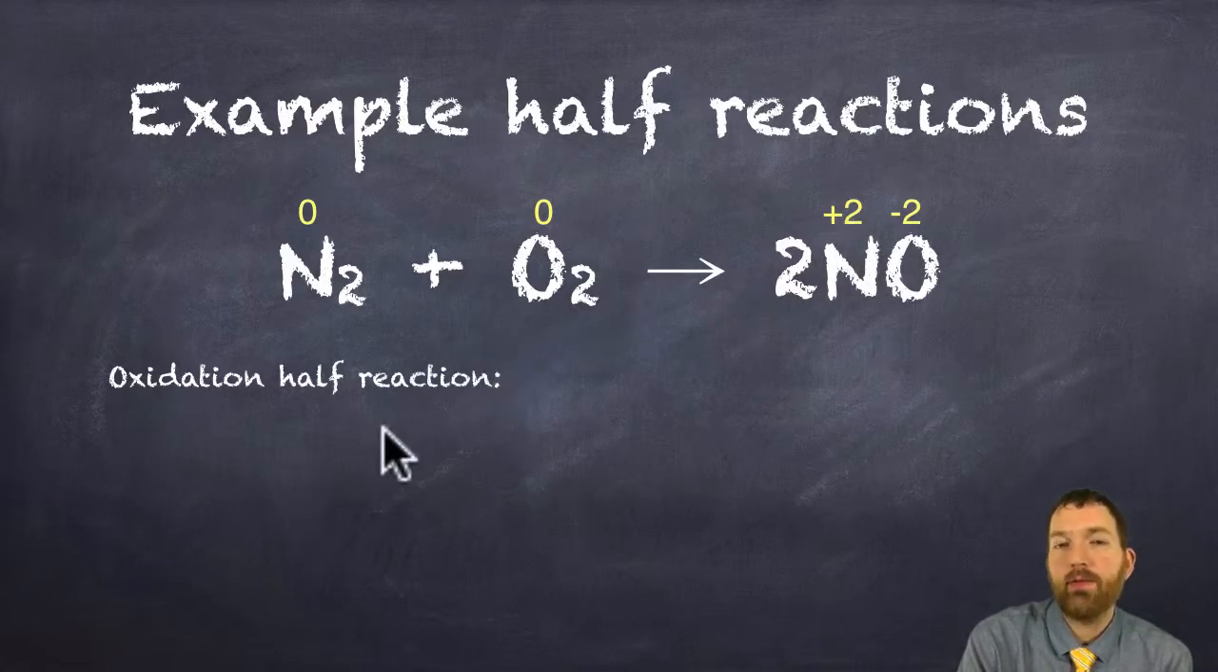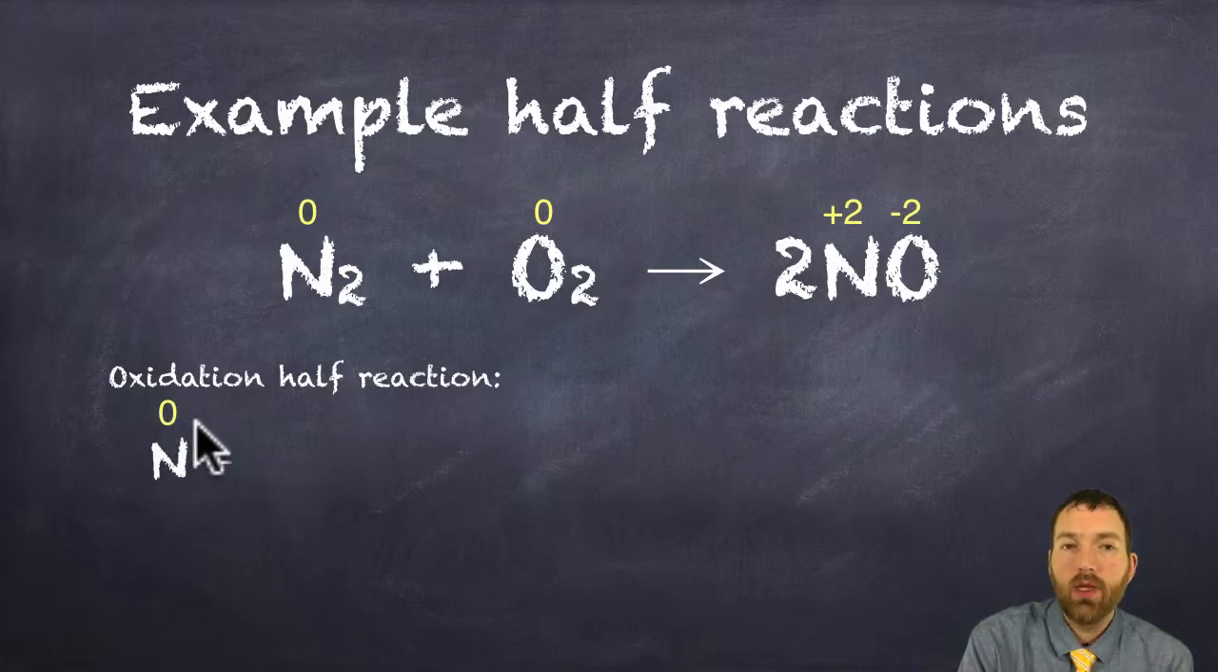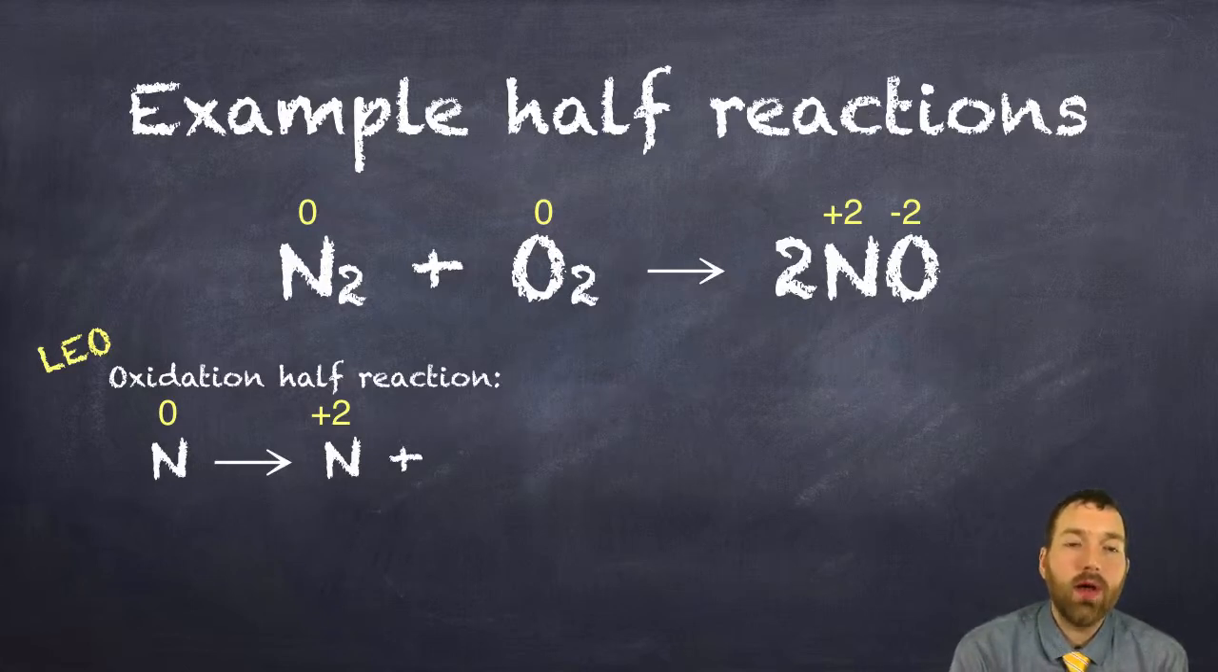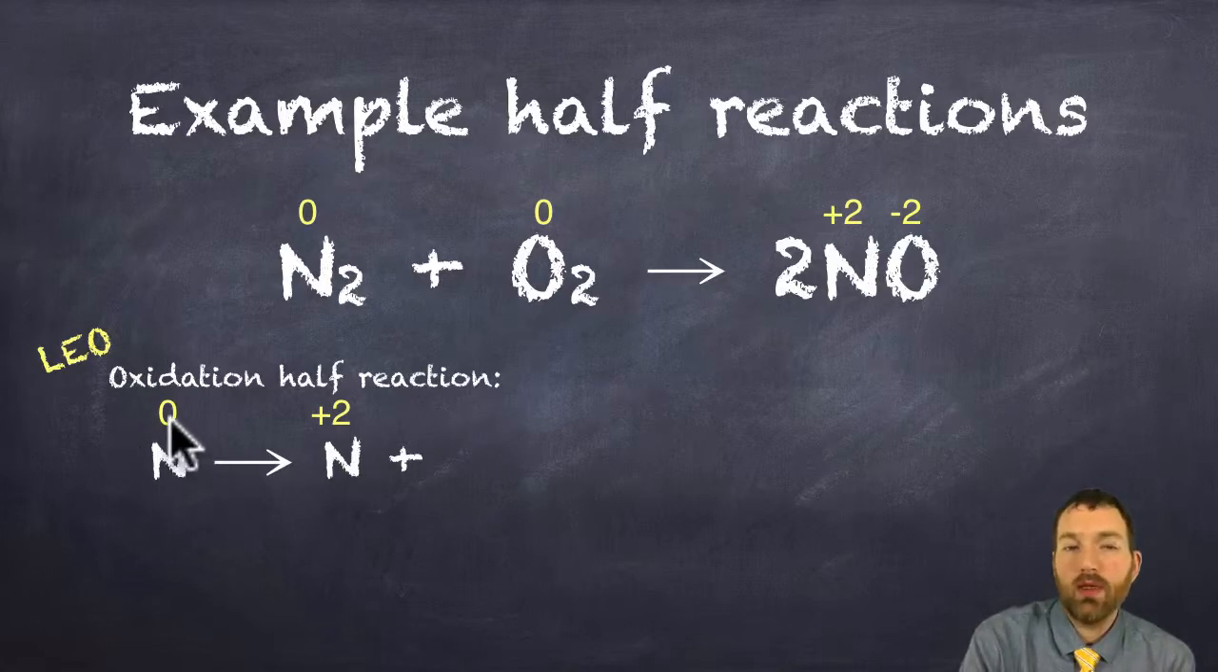So next we're going to write a half reaction just showing what happened to the nitrogen. So nitrogen with its 0 oxidation number turned into nitrogen with its +2 oxidation number. And then I asked myself, how did it do that? Did it do that by gaining electrons or losing electrons? Of course, losing electrons means oxidation. So that means my electrons need to be on the right-hand side of the equation as a product. So I lost or gave off electrons. And then I need to ask myself, how many electrons need to be lost to go from 0 to +2? And of course, that's